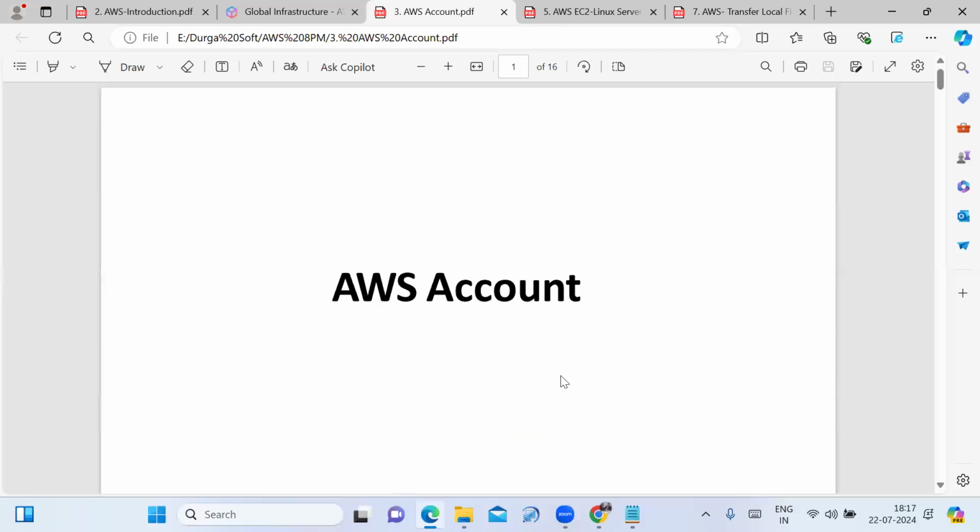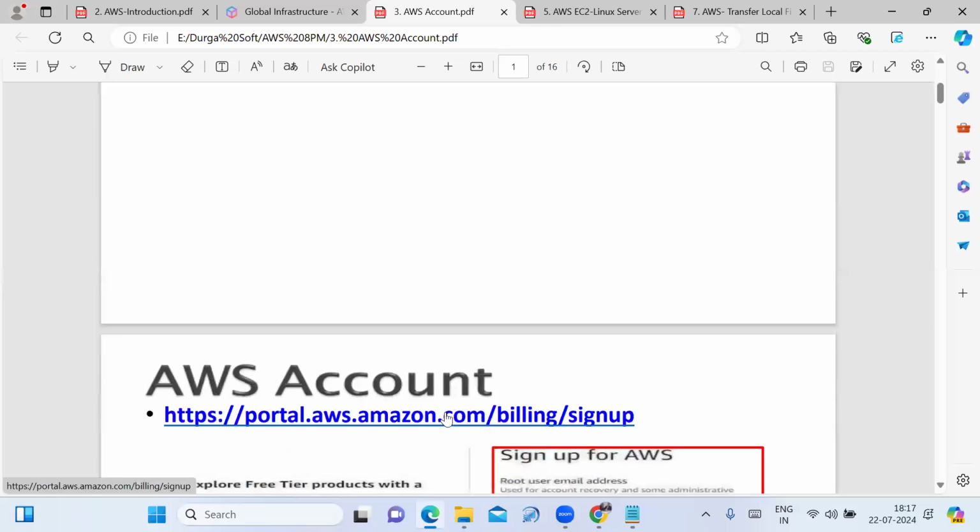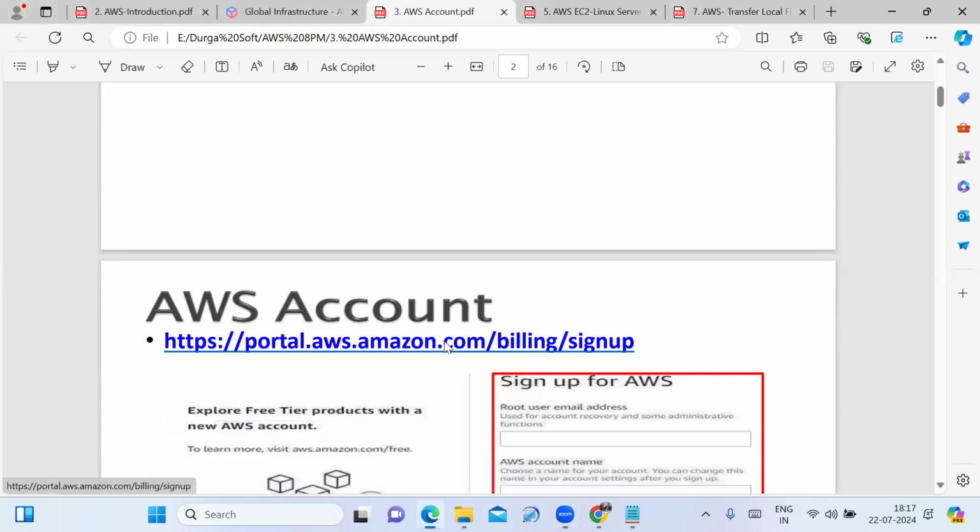We have to follow this link. I'll send it in the chat box. If you have a credit card or debit card, then you can create your AWS free tier account. It provides 1 year of free service. I'll send the link in the chat box. See, when you click on this link,